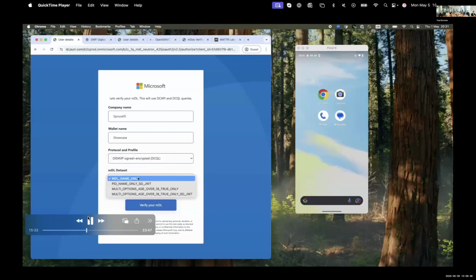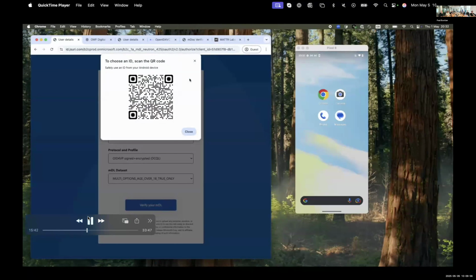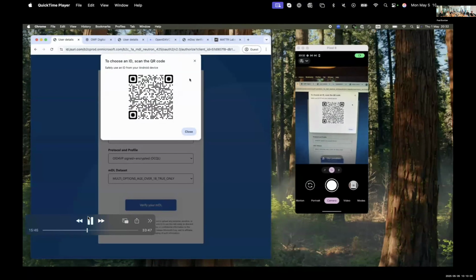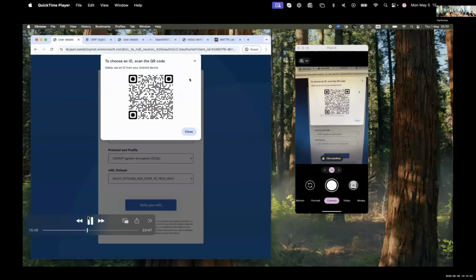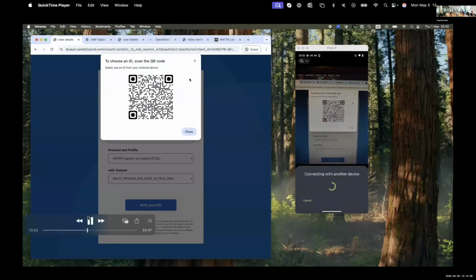So here we've got the Spruce wallet, selecting multi-options in the verifier. This part of it looks the same, I think is the key point, right? For the wallets, it's the same interaction.